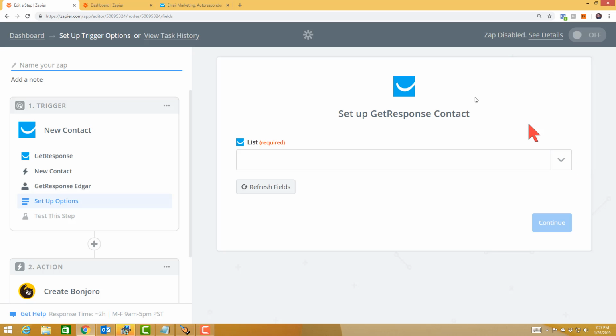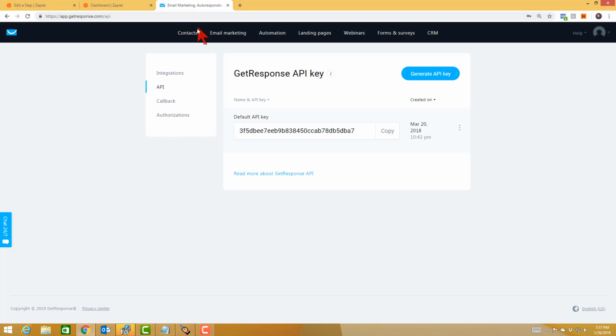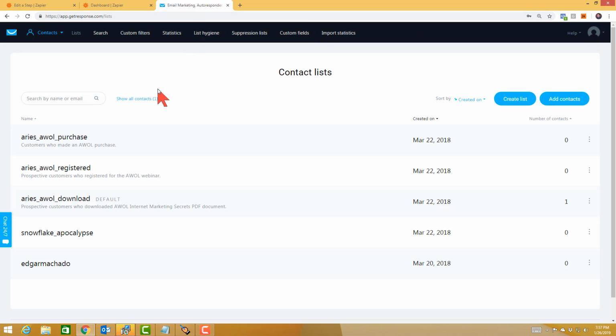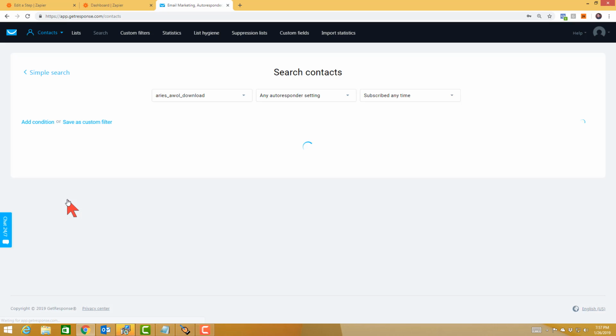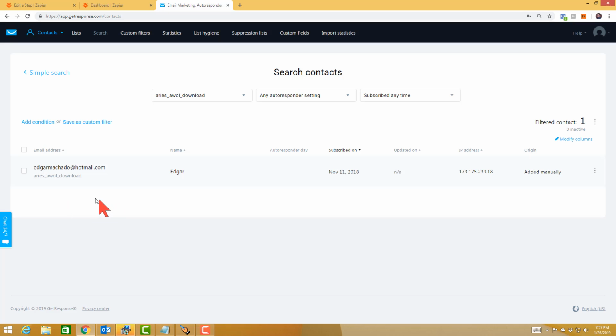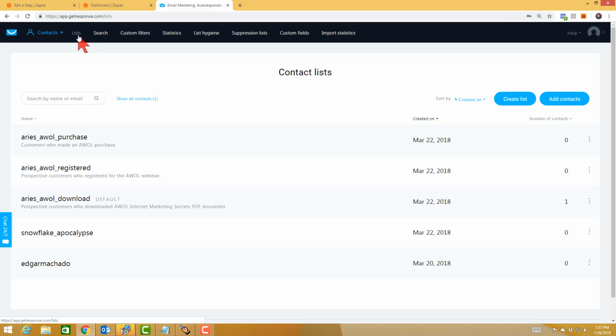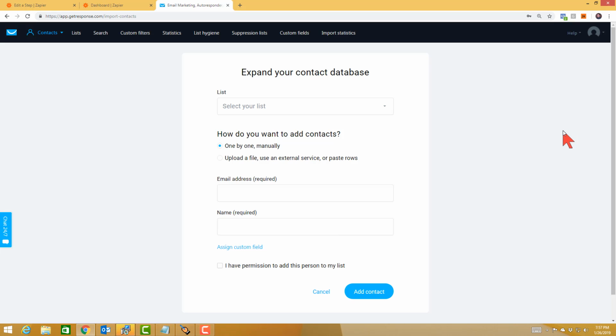Now, before we go any further, one thing that I do want to mention to you when you're setting all this up, I'm going to go to my contacts, and I'm going to click on my list that I want to work with. I call it Aries AWOL Download. And you can see that I have at least one contact there. You're going to want to have at least one contact on this list. You'll see why shortly. If you don't have a contact on your list, if your list is empty, then in the upper left-hand corner where it says List, click. And then over here on the right-hand side of the screen, where it says Add Contact, click on Add Contact,